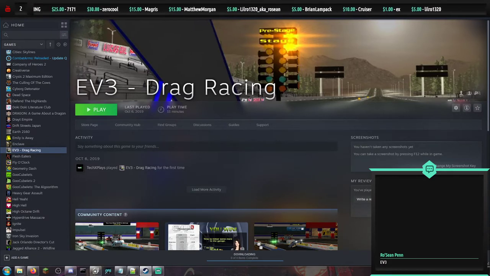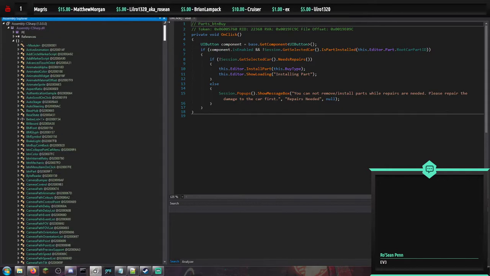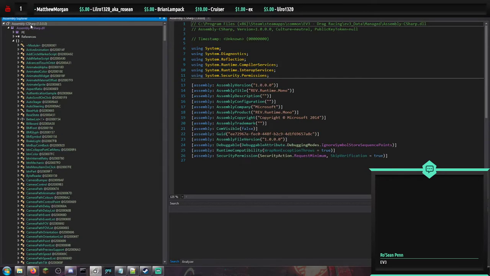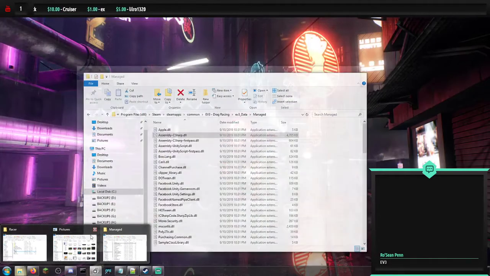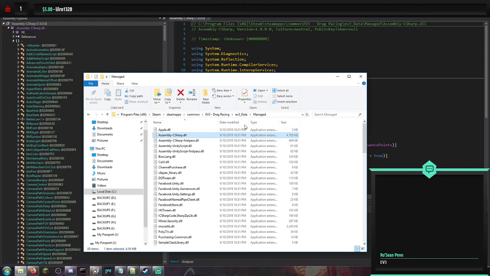Roshan, you should recognize this game for sure. I already have it open. Very easy to mod. Simply just download DNSpy or .NET Reflector with Reflexil plugin and go to the install directory where you'll find